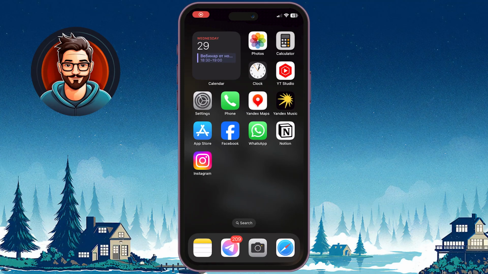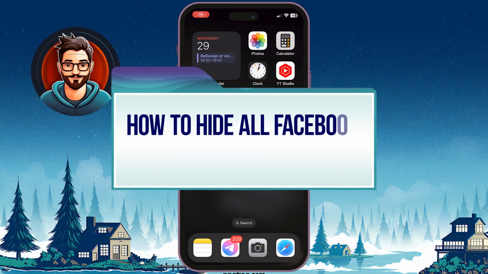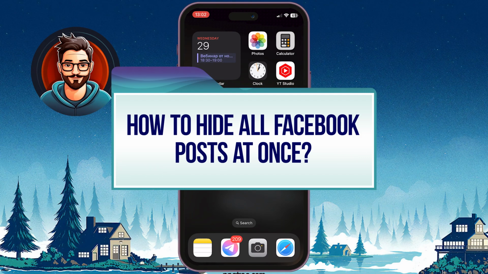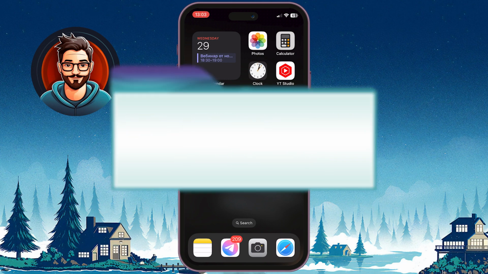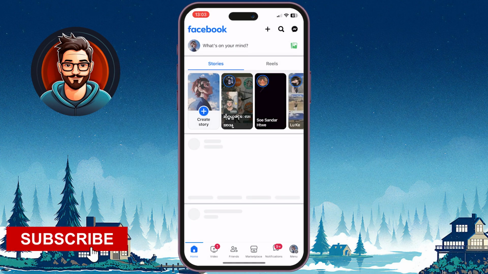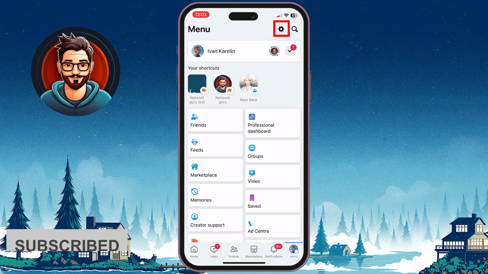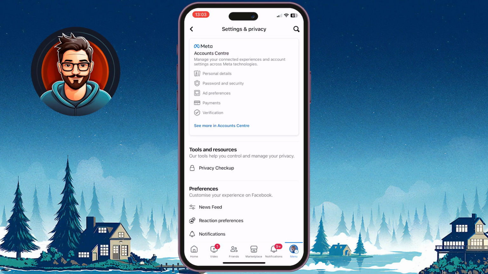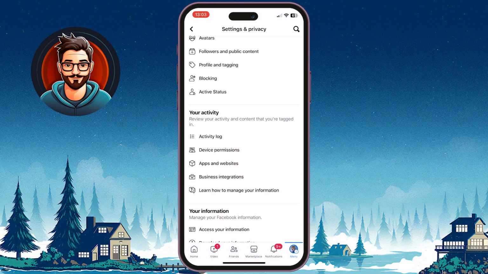In today's video, I'll show you how to hide all Facebook posts at once. Here's how you can do it. Open Facebook, click on the menu icon, access settings, find Activity Log, scroll down to find Activity Log and click